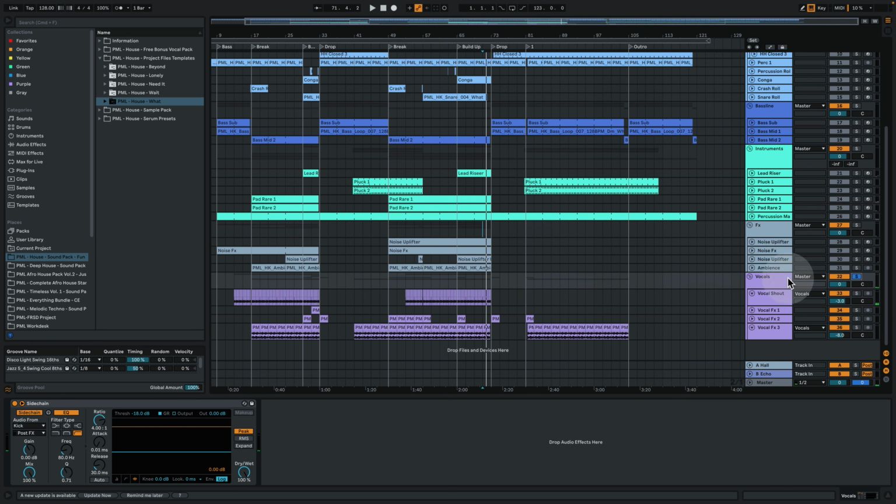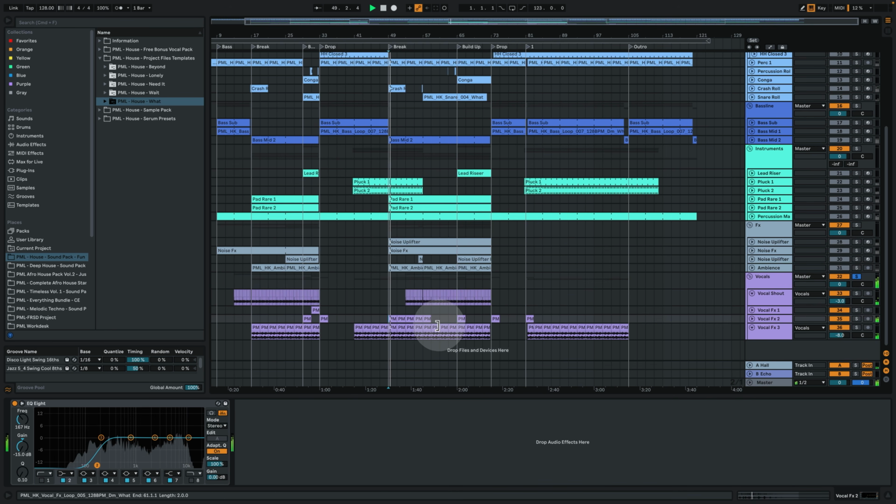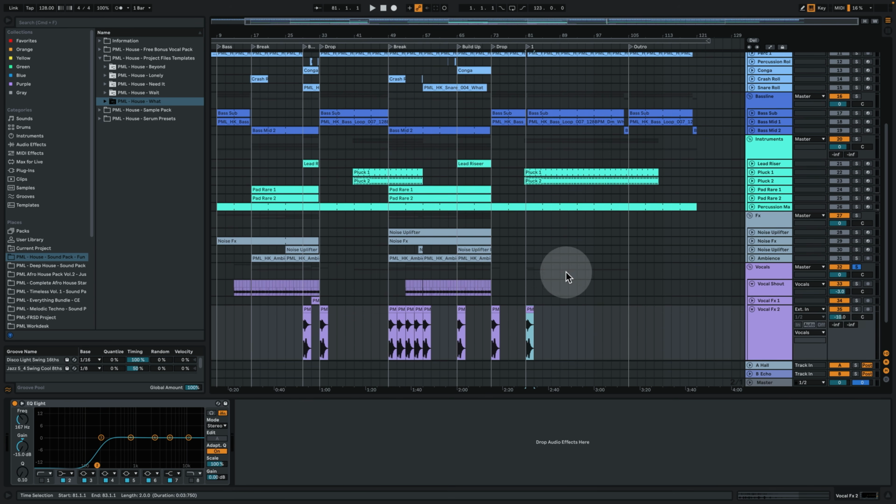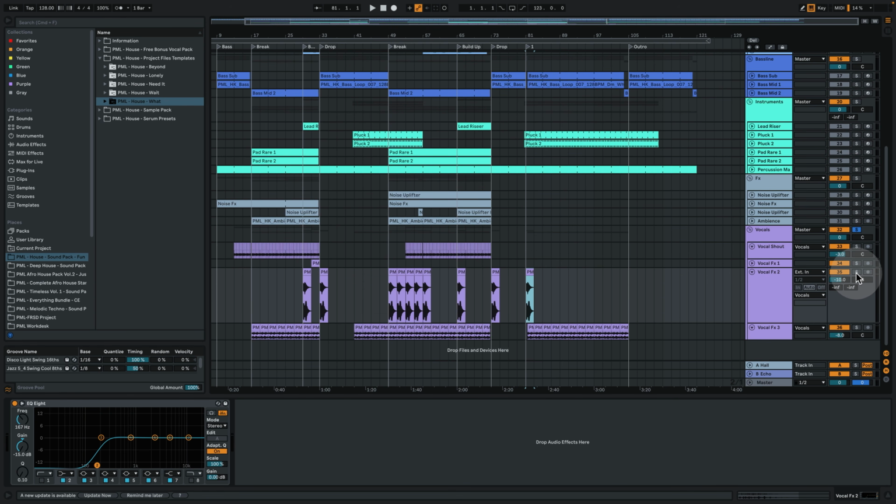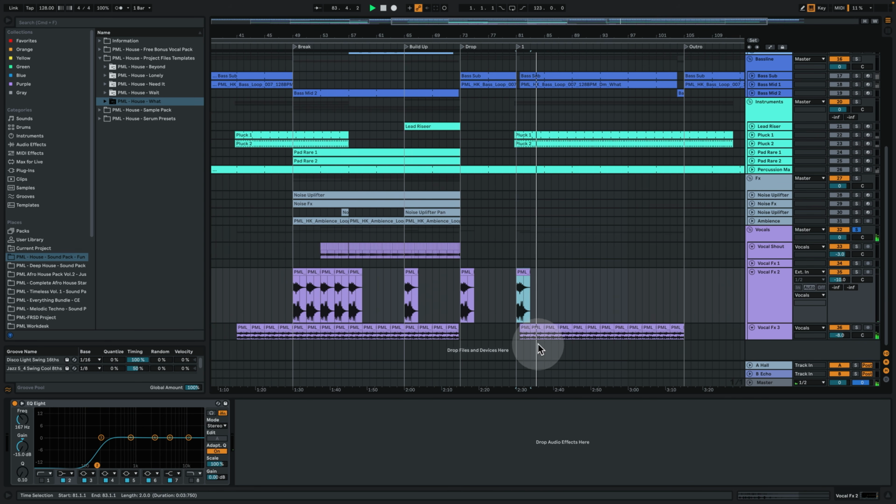And then we have the vocals group, which sounds delayed in the break part. And in our drop part, we have this one at the beginning, this weird robot type thing. And then this other thing here serves kind of like an atmo